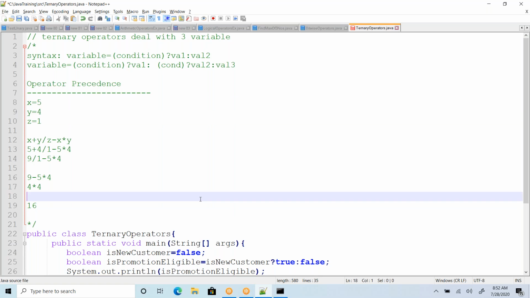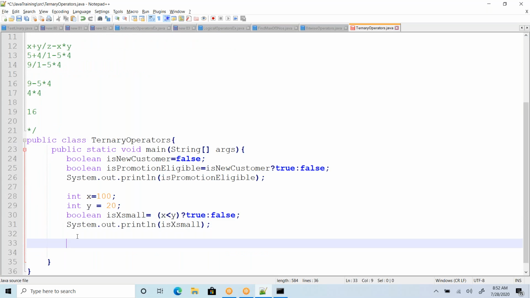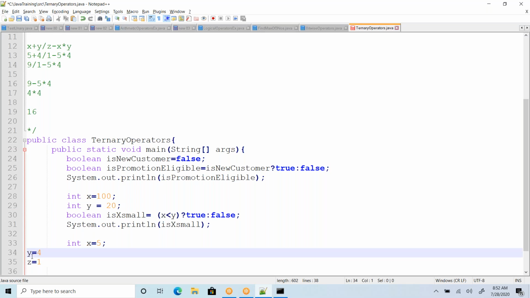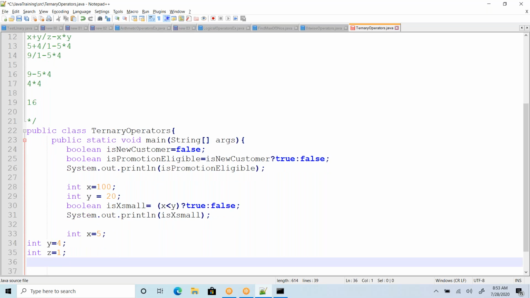So you understand what I am trying to say here is operator precedence. I have these values: int x value 5, y value 4, z value 1. Now I am printing this expression with System.out.println: x plus y division z minus x star y.